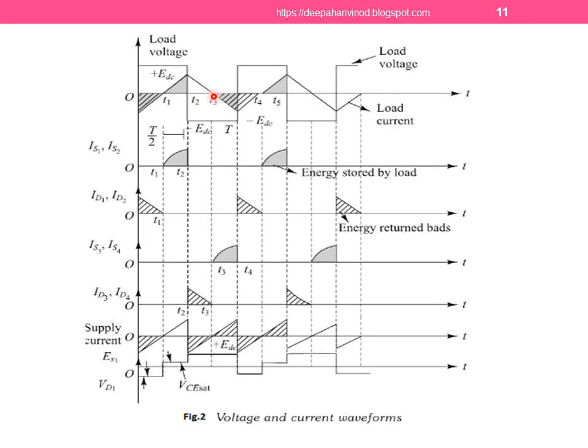D1 and D4 are feedback diodes. The load current decreases exponentially and goes to 0 at instant T3. From this point to here it decreases, and at T3 it becomes 0. When all the energy stored in the load returns back to the supply, D3 and D4 are off at T3.